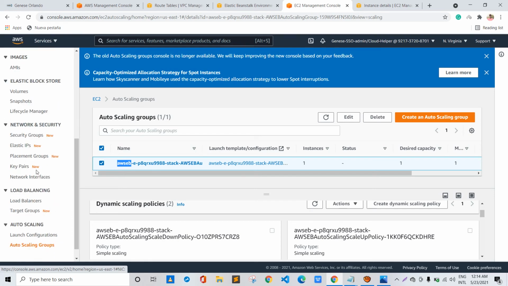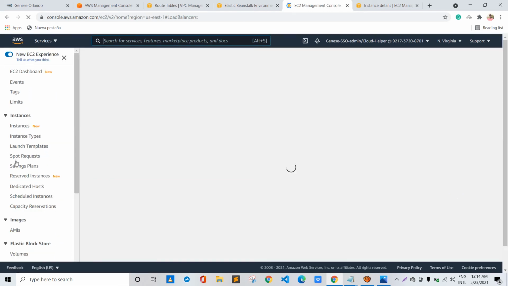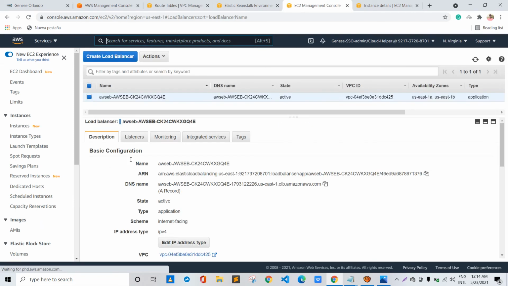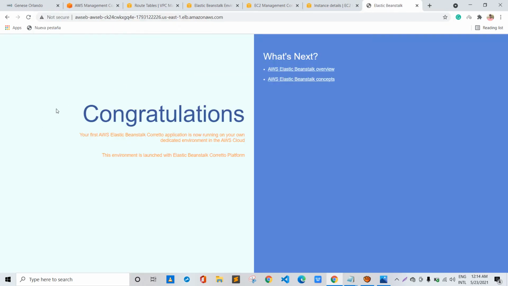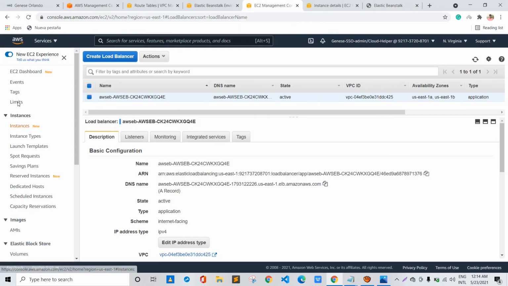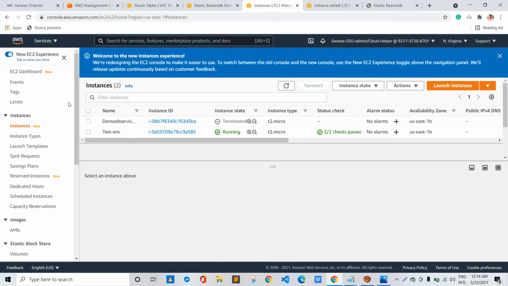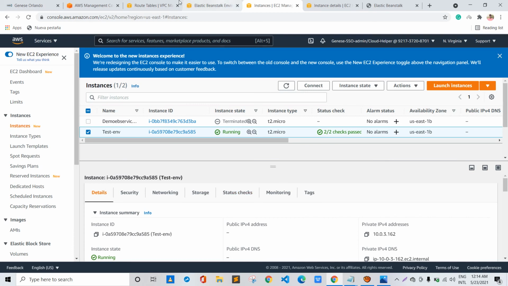So if we go to load balancer and copy the DNS name and hit it in our browser, we can see the page of the AWS Beanstalk application related to Java that has been deployed, and this is the sample page. So it's accessible from the load balancer endpoint, and our EC2 instances are in a private subnet. Security wise, it's perfect, as our EC2 instances are in a private subnet and are accessible from the load balancer that is in a public subnet.